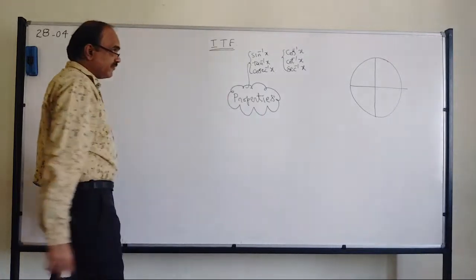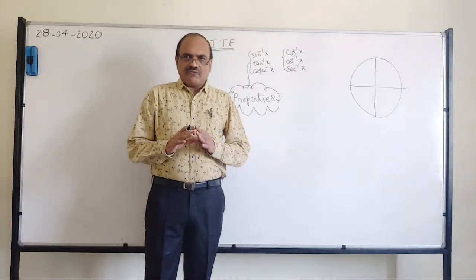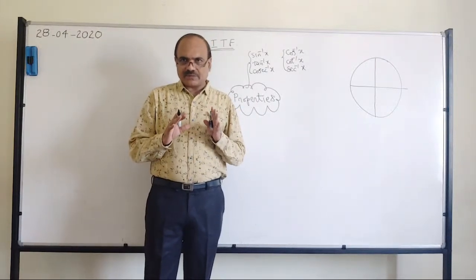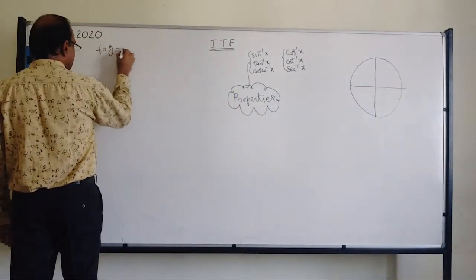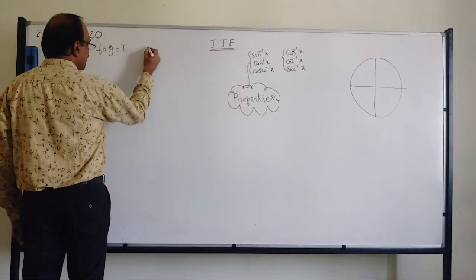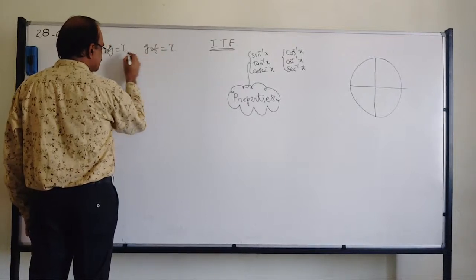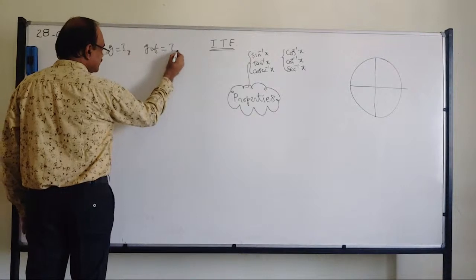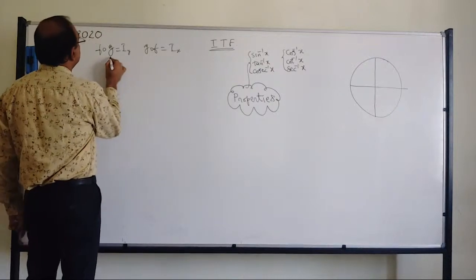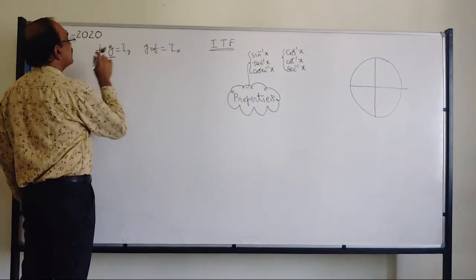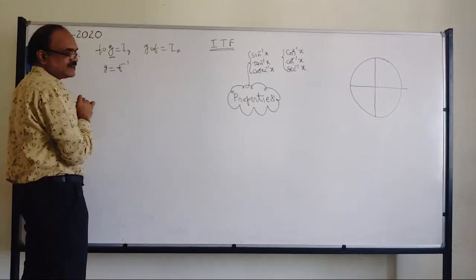For this, I will introduce one very important property. How did you define the inverse of a function? If you have f circle g, we did many problems. f circle g is equal to the identity function on g, and g circle f is equal to the identity function on the input of f. Here you wrote y, here you wrote x, because you consider g of y. But you also learned that if this is satisfied, f has an inverse, and you write g equals f inverse. This is how you write.